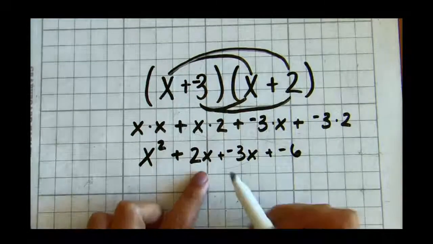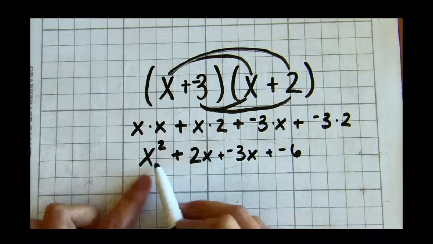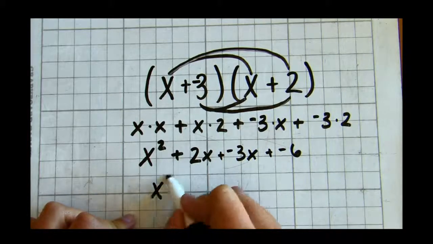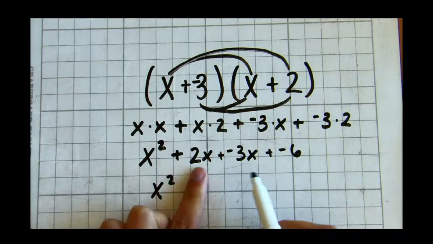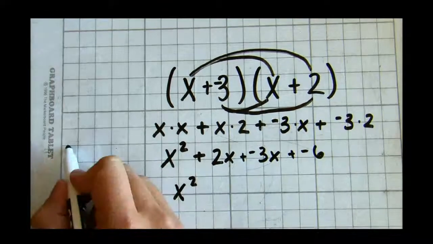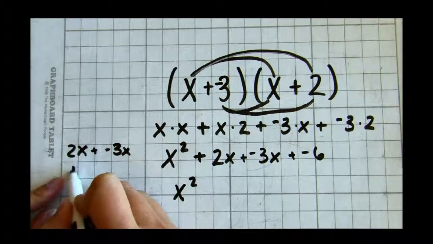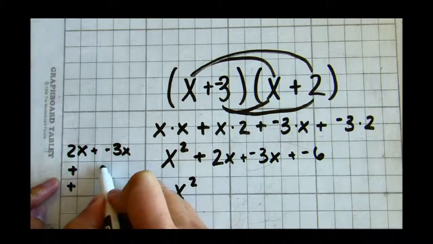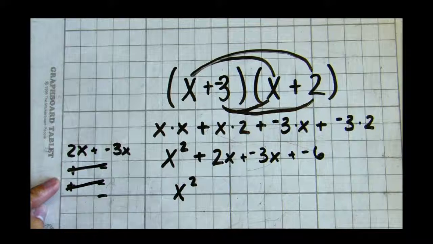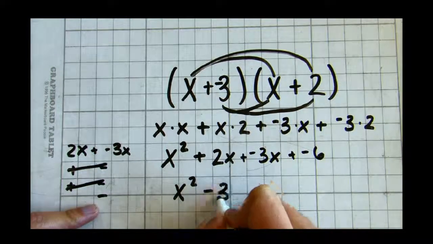Lastly, I'm going to combine my like terms. So I don't have anything I can combine with my x squared. It's going to stay an x squared. 2x minus 3x off to the side. 2x plus a negative 3x. I've got 2 positives here, 3 negatives here. When I cross out, I'm going to be left with 1 negative